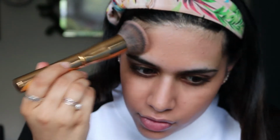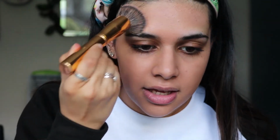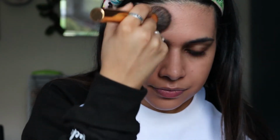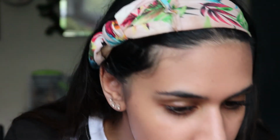Okay, so obviously it's not covered up, so I have like a blemish here. You can still see it. But obviously it's a sheer, very lightweight foundation, so I'm not bothered. Alright, so hit or miss for the foundation. You know what, I'm going to say that it's good, and I'm going to take it as a hit because